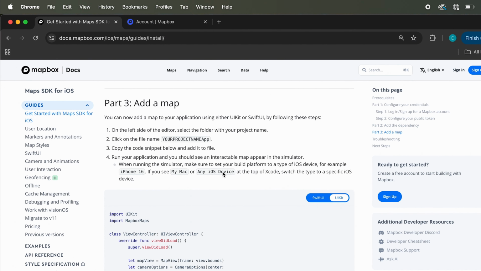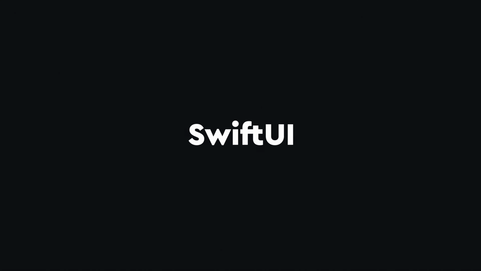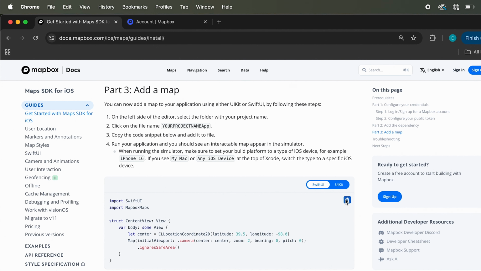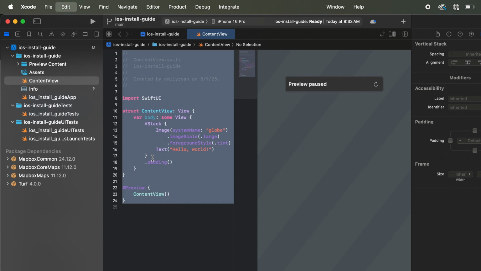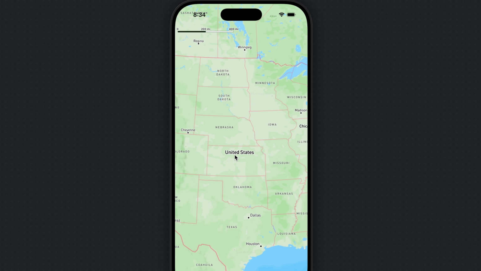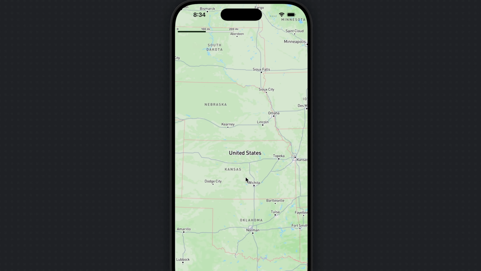You can now add a map to your application by either using UIKit or SwiftUI. For this video, we'll use SwiftUI. Start by clicking on the file ContentView. Then copy the code snippet from part 3, step 3 of the written guide and add it to the file and save your work. This code adds a SwiftUI map to your application while initializing a viewport based on